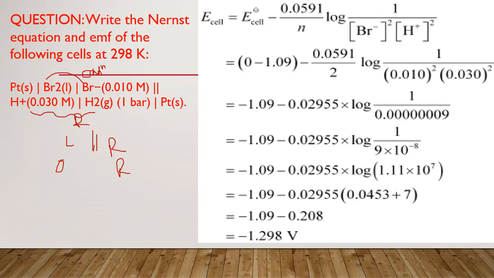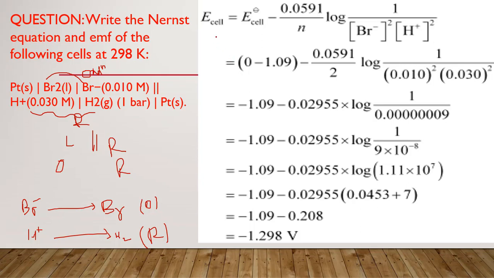And don't think that this bromine is converting into Br minus and it is a reduction. Okay, here reactant is Br minus. See, Br minus is converting into Br, that means oxidation. Then H plus is converting into hydrogen. Okay, so now it is clear. This is the reduction, this is the oxidation. Now go for the direct formula.